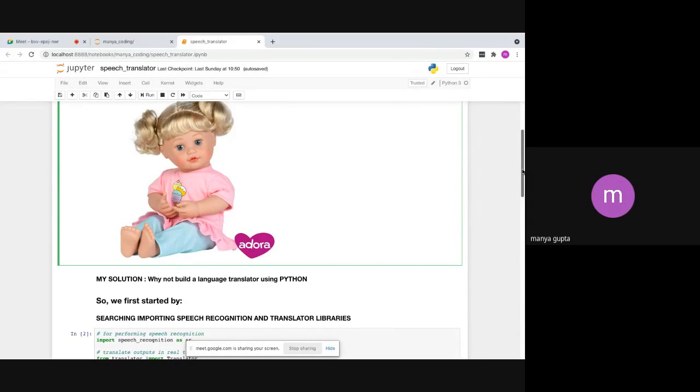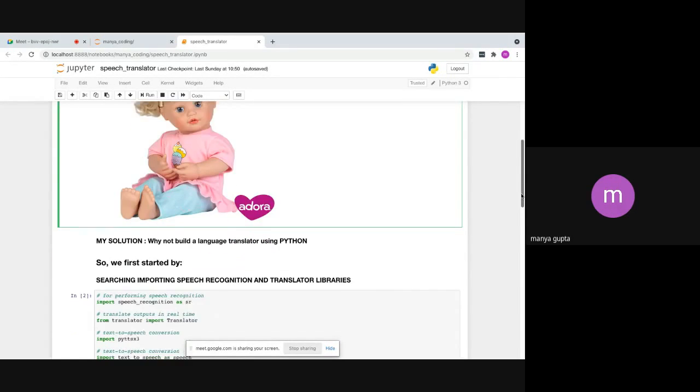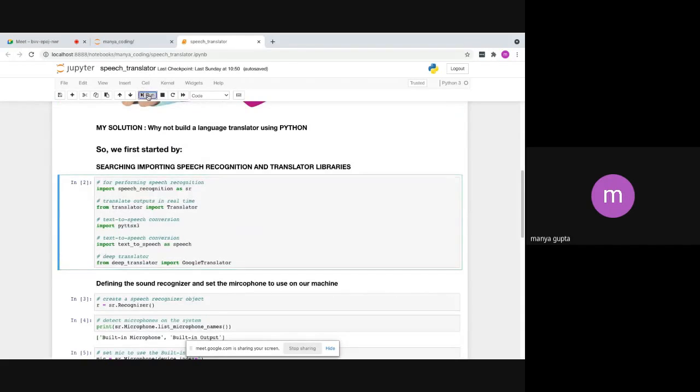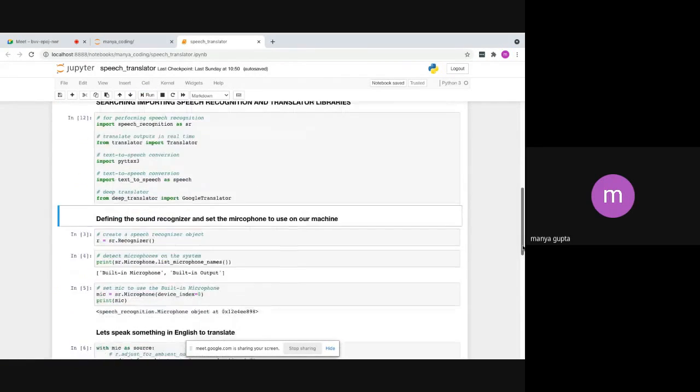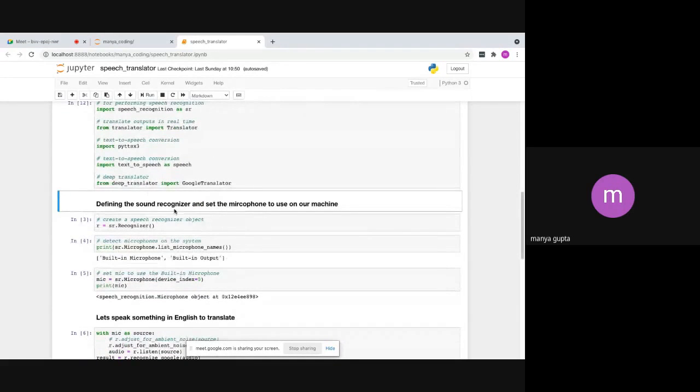So we first started by importing speech recognition and translator libraries, defining the sound recognition on our system. Set the mic to use on our machine.